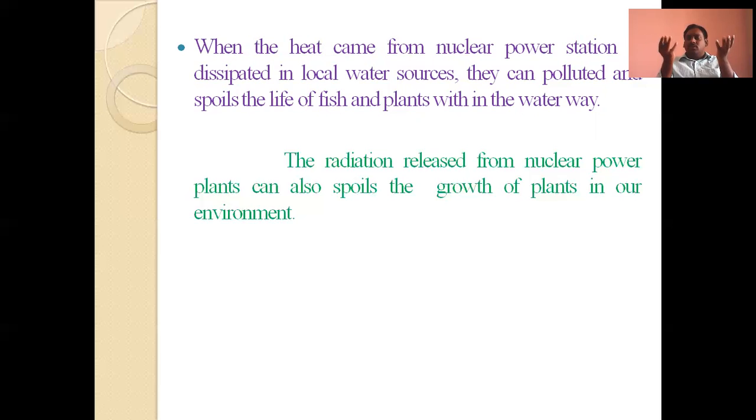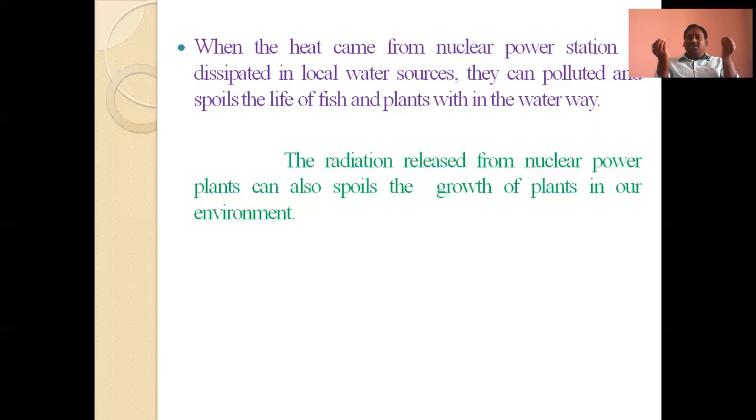Generally, accident means the core melting behavior is not done continuously, and at the same time, it is not an advantageous and acceptable operation for nuclear power plants. Accidentally, core melt takes place. It is not a continuous operation. Nuclear fission is a continuous operation, but core melt is an accident. When the core is melted, that is called a nuclear accident. Nuclear accident is due to the uncontrolled chain reaction of nuclear fission.